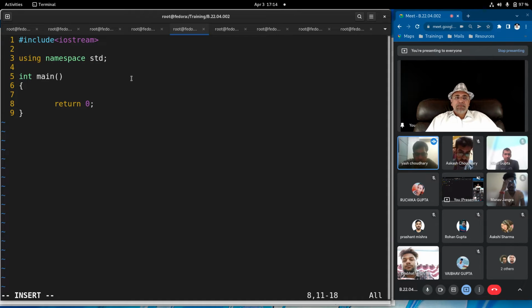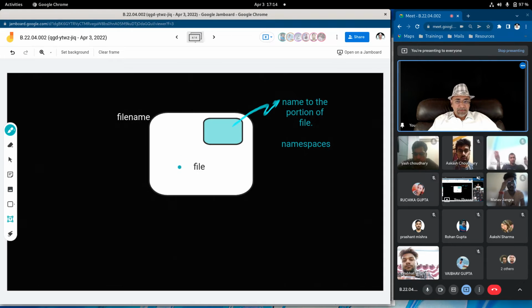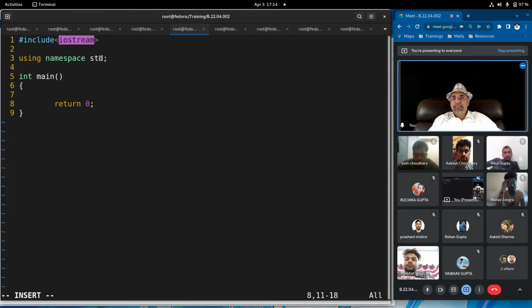So, sir, the file name is IOStream? No, the file name is not mentioned here. Only the class is mentioned. This class was kept inside this file. Now, the portion of the file I have taken means the portion of the class I have taken, and given it the name std.